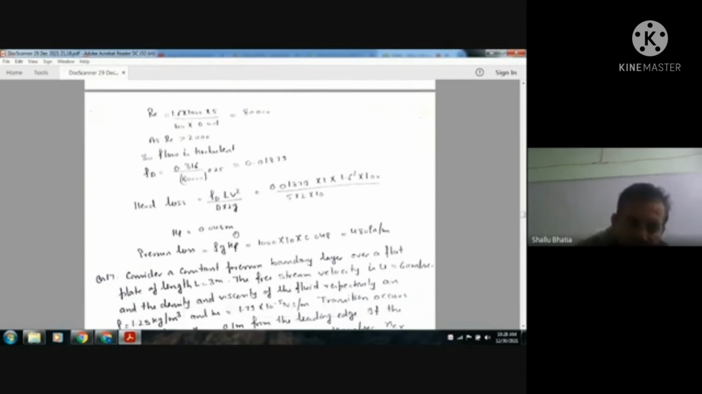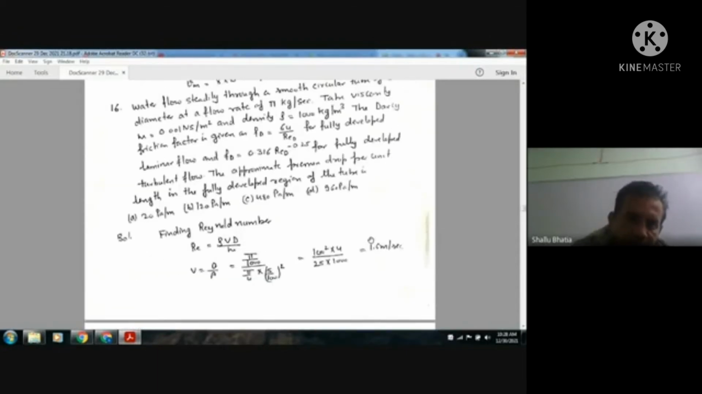that is 0.048 meters, and then we calculate the pressure loss, because this is head loss. So rho g hf will be the pressure loss. So this will be 480 Pascal per meter. So answer is C. Okay. Next,